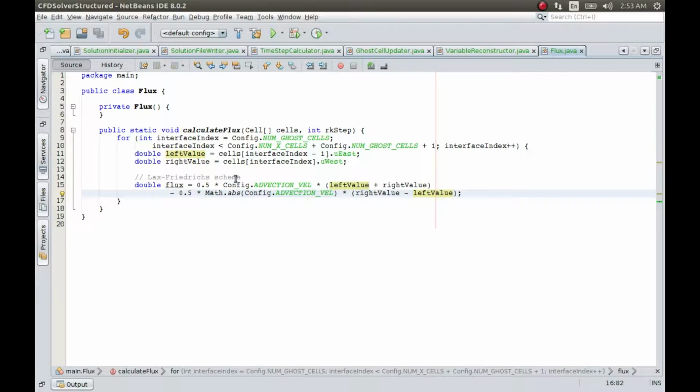Okay, so here I am using the Lax-Friedrichs scheme, which is basically a simple upwind kind of scheme. I talked about upwind earlier a little bit. It is basically about taking the left state or the right state value depending on the direction of the advection velocity. So if the advection velocity is positive, that is, the waves are moving from left to right, then